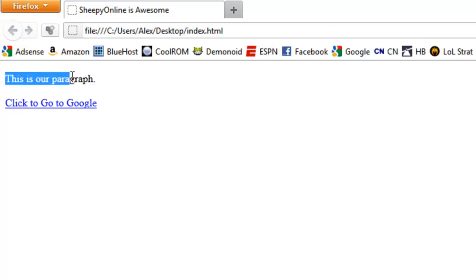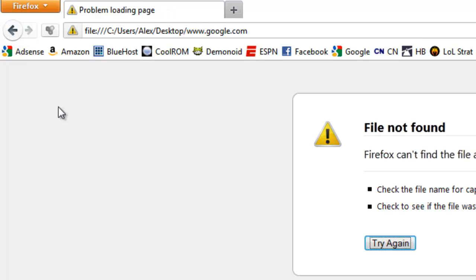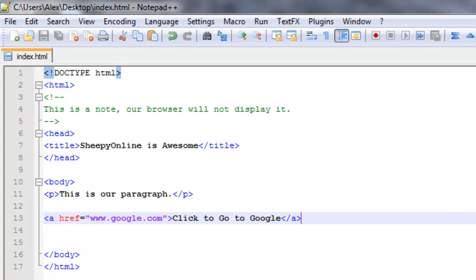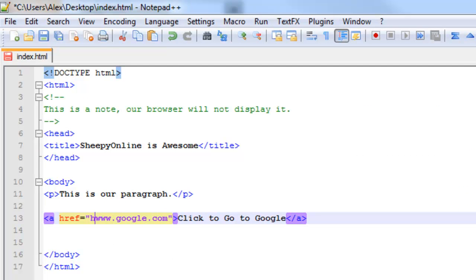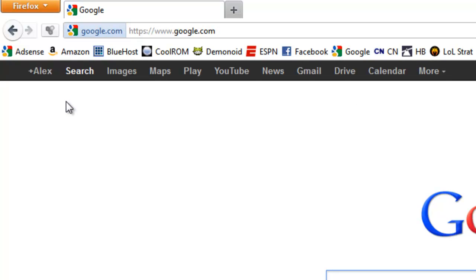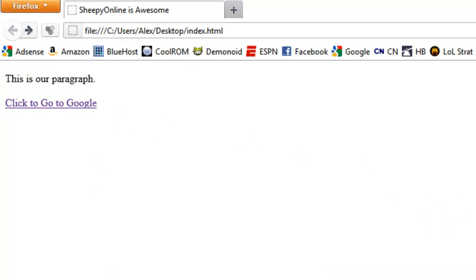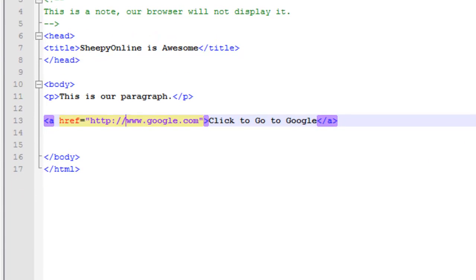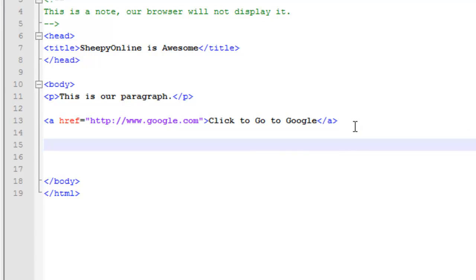See, now we have our paragraph, and now it says click to go to Google. So we click this, and let me add, I forgot to add the http://. Now if we save it and refresh, it should take us to Google. Here we go, and we're at Google. We can go back. So anyway, that's basically how that works. And now the next thing that I'd like to show you, now that we've got links down, will be